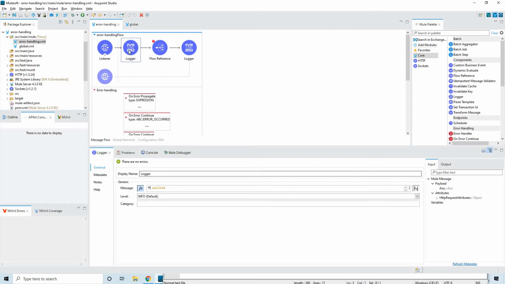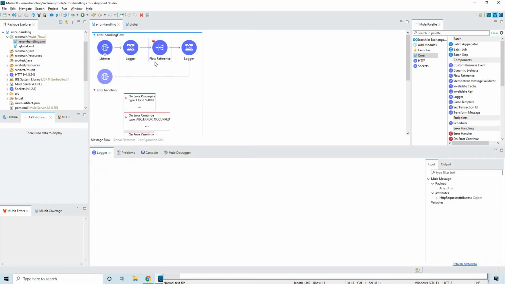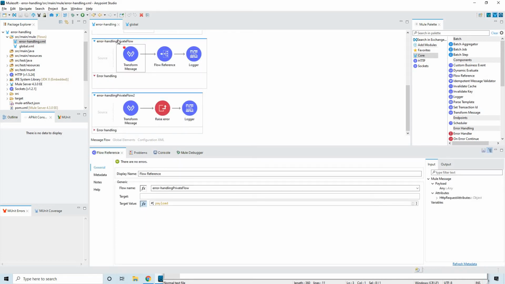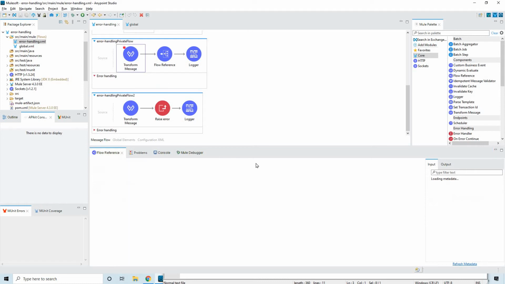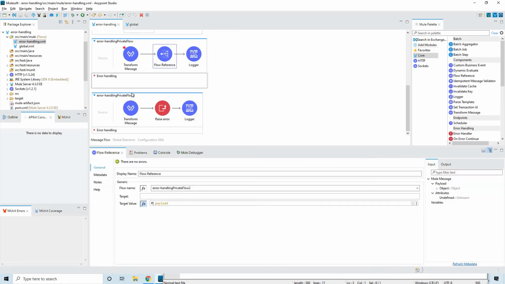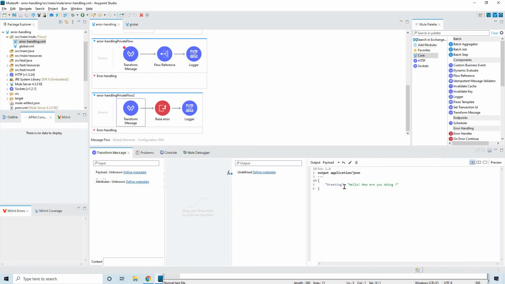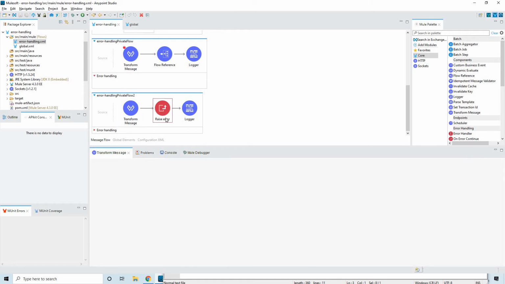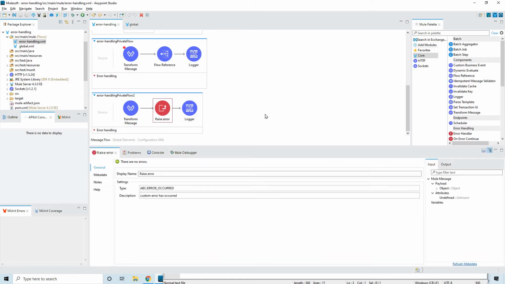This is simply payload and flow reference, and this flow reference will be calling this flow. In the transform message, this is the DW script, and again a flow reference which will be calling this flow, and again will have one more greeting as per the settings we have done in this flow. And here is where we are explicitly raising the error.